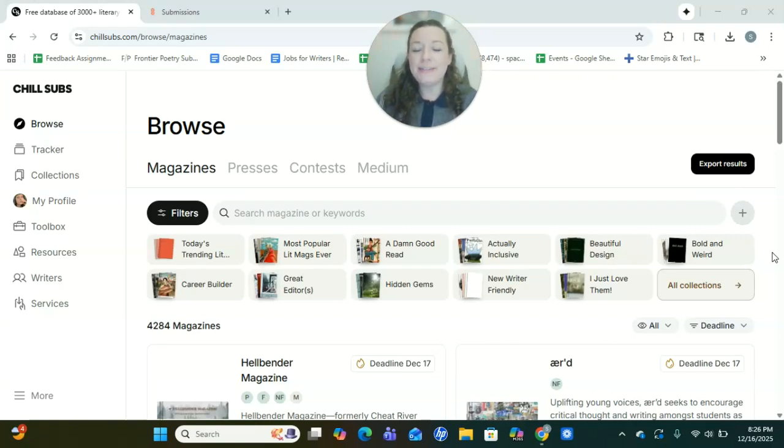So now that you've browsed some journals and you found some great places to send your work and you've sent it off, the next thing that you want to do is track your submissions. And this is especially important if you're someone who sends out a lot of simultaneous submissions, because as your work gets inevitably accepted somewhere else, you have to withdraw it from consideration at all the other places where you've submitted it. And when you're waiting sometimes months for a reply, it can be really difficult to keep that straight without